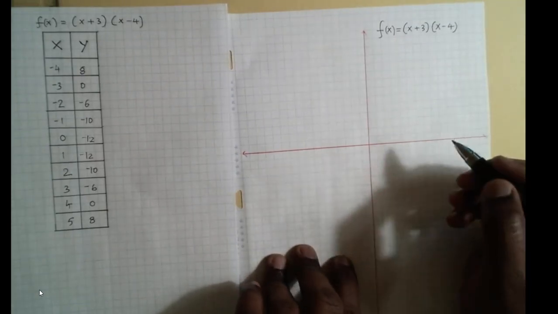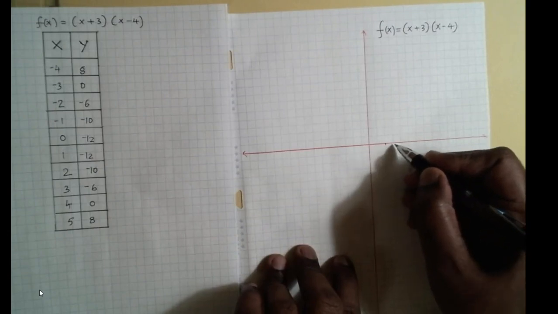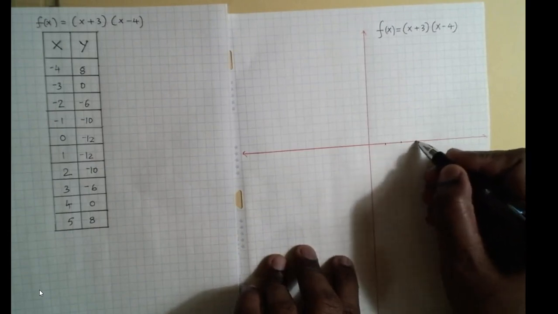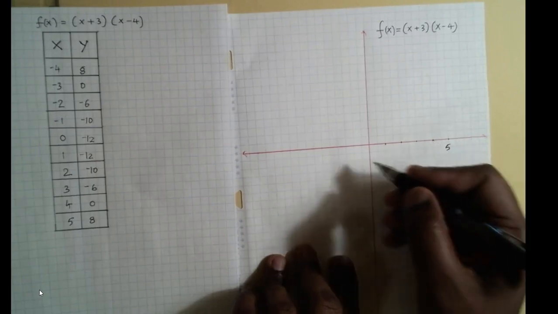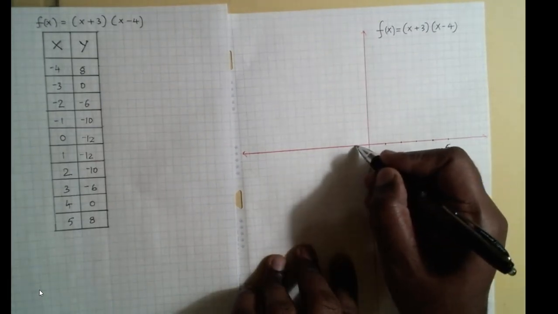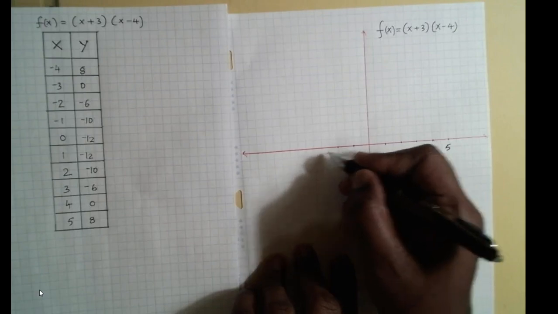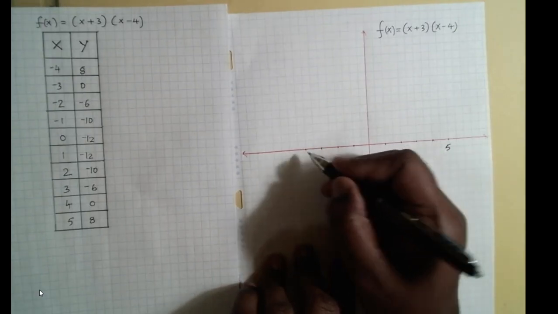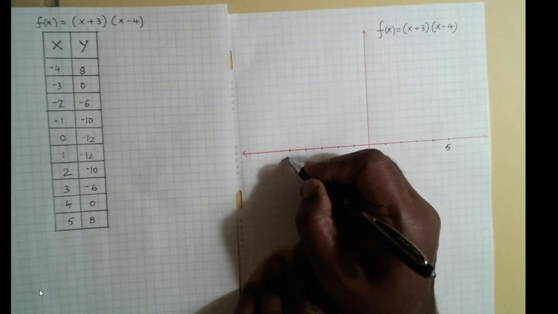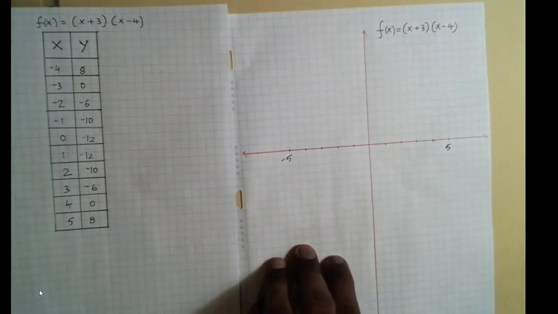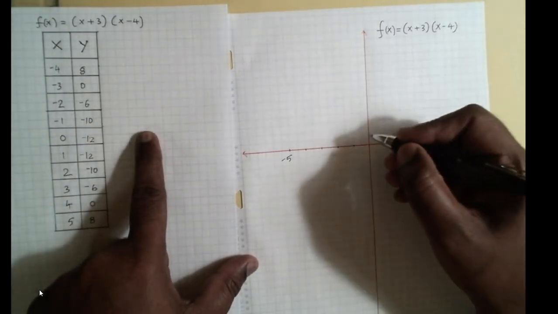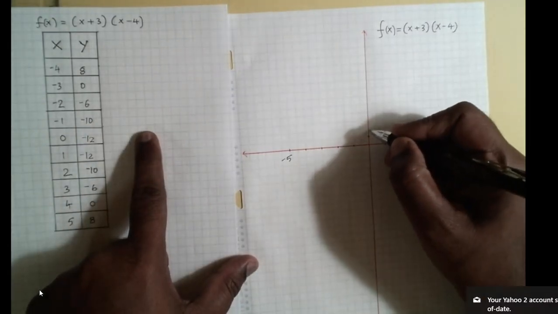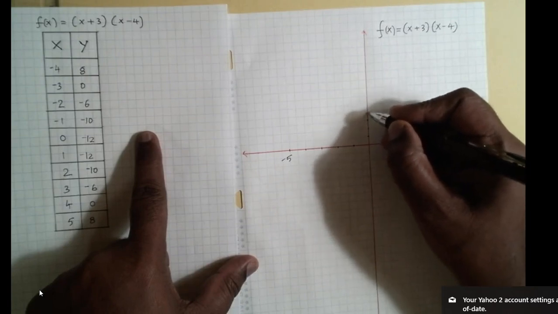I can take 2 lines on the x-axis as 1 unit, so 1, 2, 3, 4, 5, and this is 1, -1, -2, -3, -4, -5. And on the y-axis I need 8, so I'll just take 1 unit at a time. 1, 2, 3, 4,